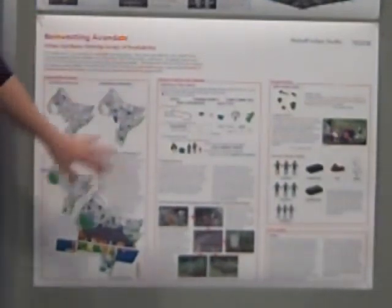And the reasoning for doing this was, obviously, with any urban garden, you need people who are going to be there to maintain and operate the site. So these different institutions are going to be the people who are going to help drive this forward along with the different residents. So as far as implementation and upkeep,